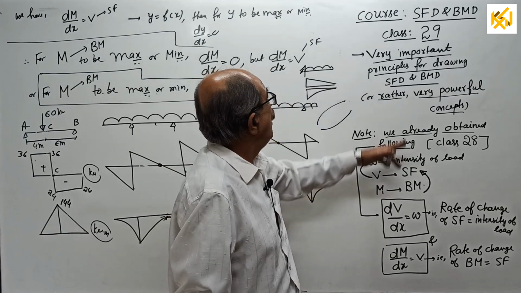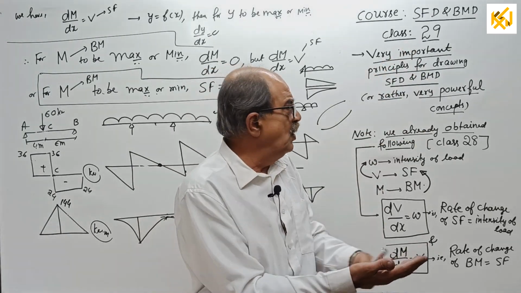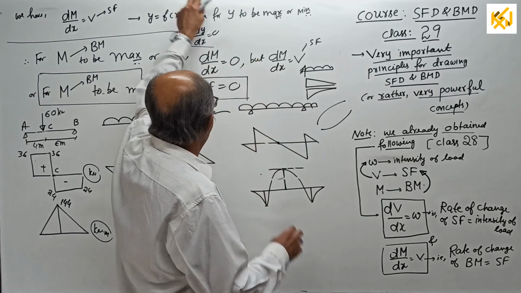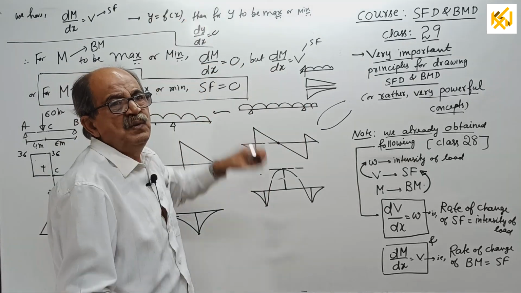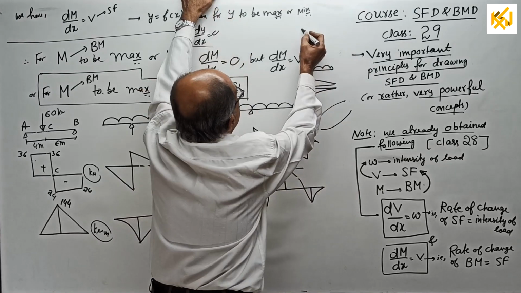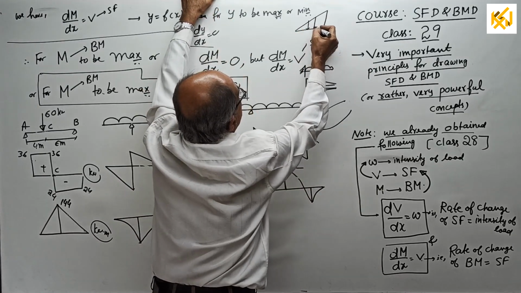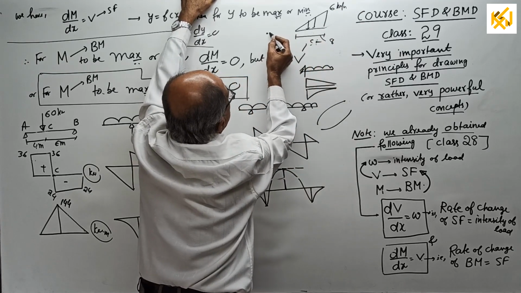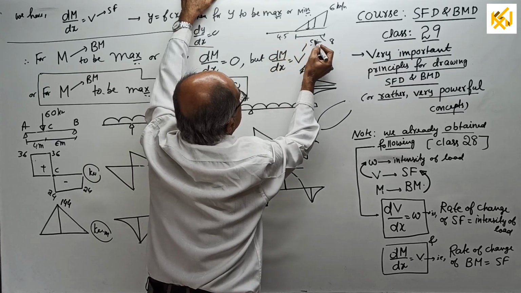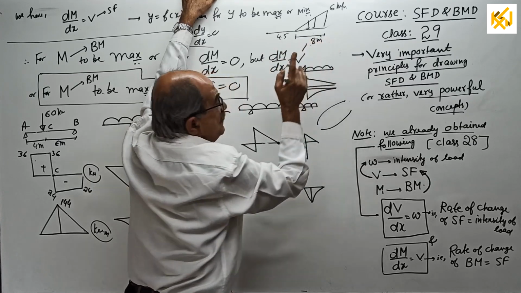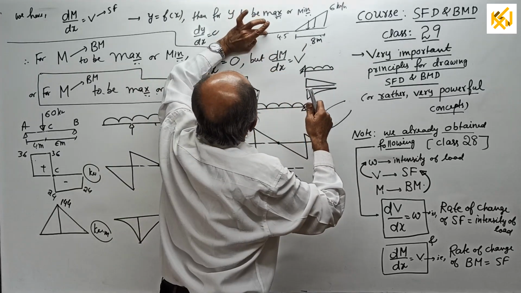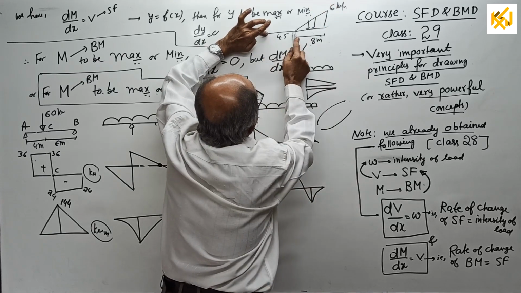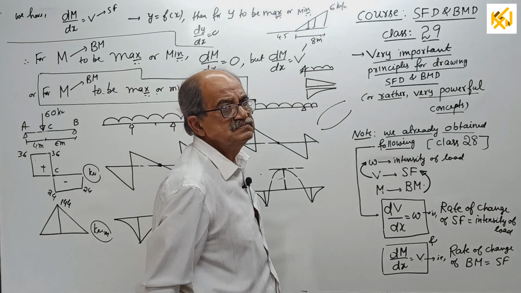Now, what I will do is make a note of all the previous class numbers and put it somewhere, so I can see anytime which class, what is told. The reason is, when you require a concept, for example, I want to consider the moment of a uniformly varying load. See here, uniformly varying load, 6 kilonewton per meter, for example, this is 8 meter. I want the moment about this point, say 4.5 meter outside the 8 meter. In the class, what I will tell is, moment about this point is half into 8 into 6, the total load, into 4.5 plus 2/3 of 8.